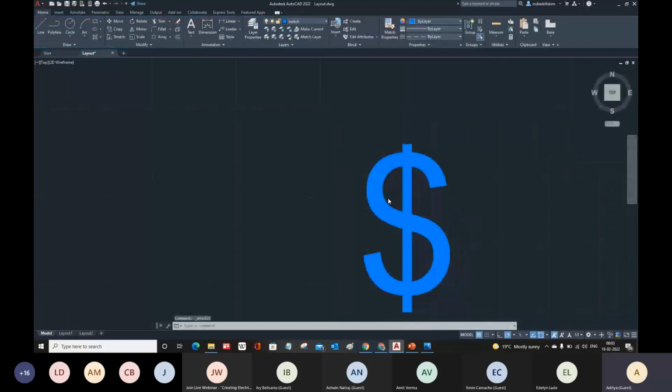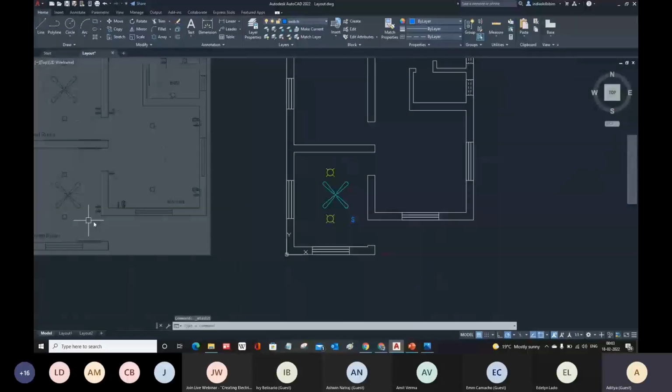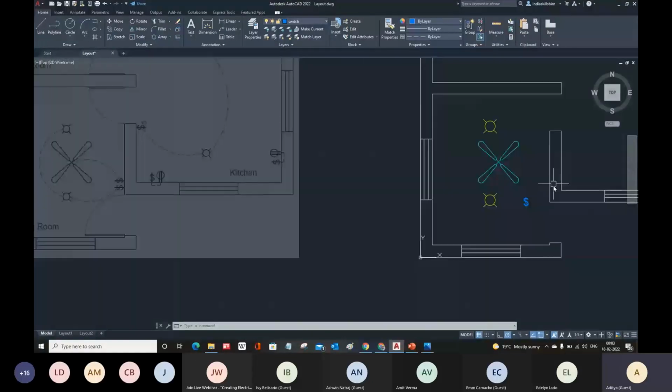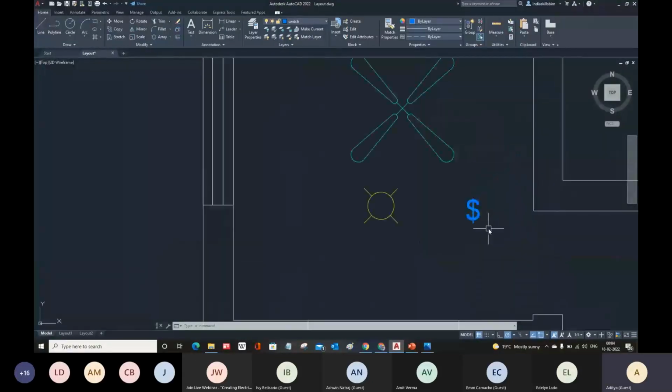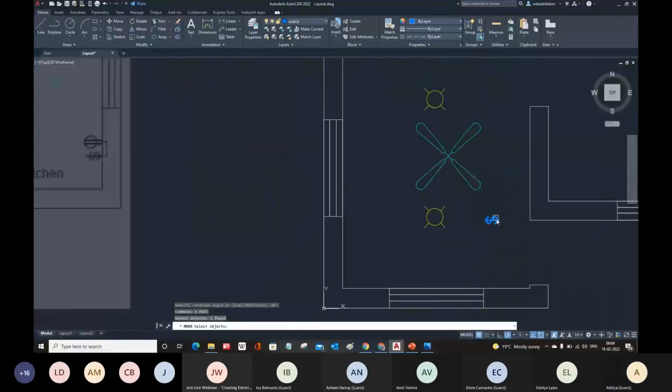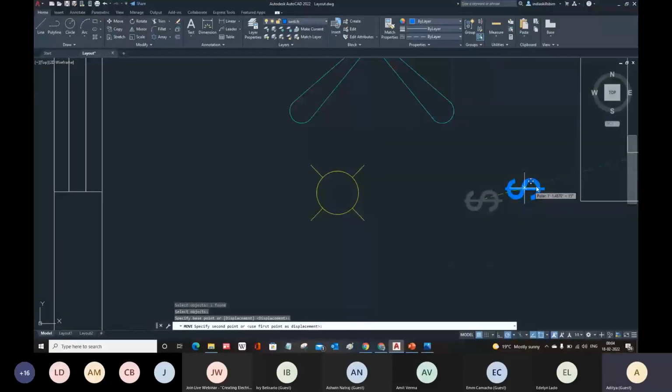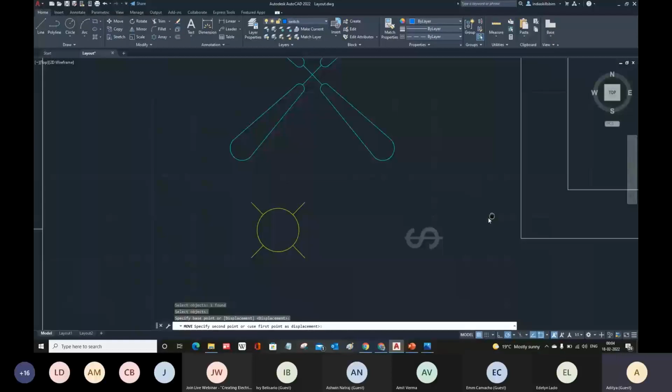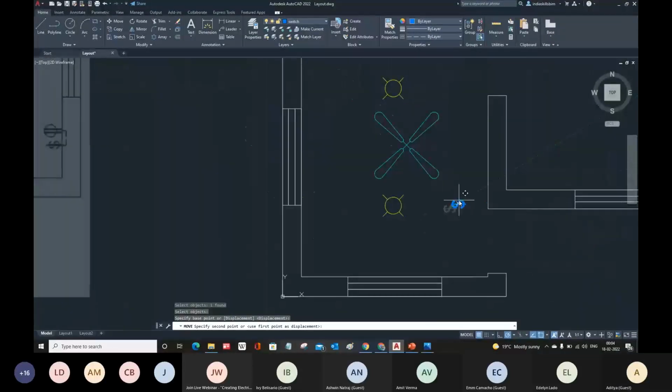Now I can just rotate this item to align with this wall. So you can simply use the rotate command, select the item, enter, then specify the center point and then rotation angle. Now you can place it wherever you want. Select the item and then move it, and let us place it here. And then you can create the copy here.